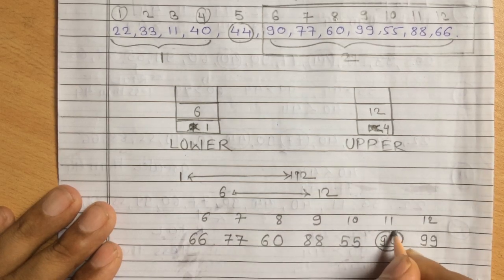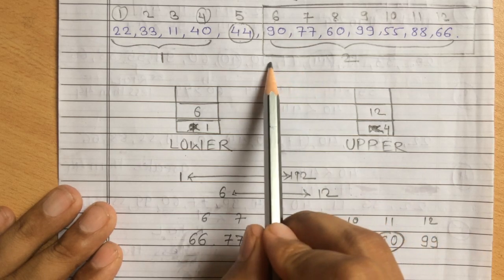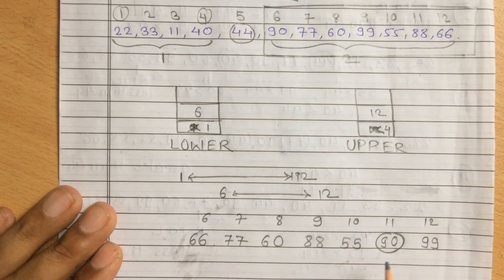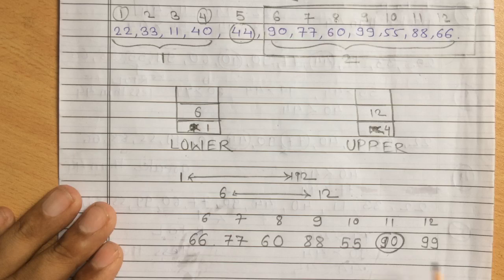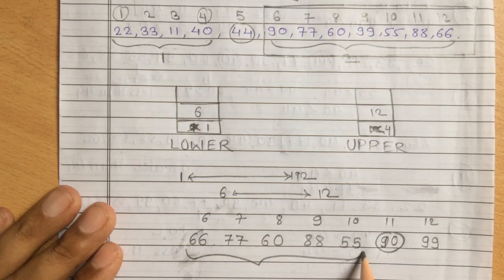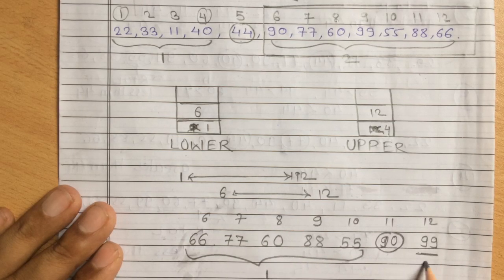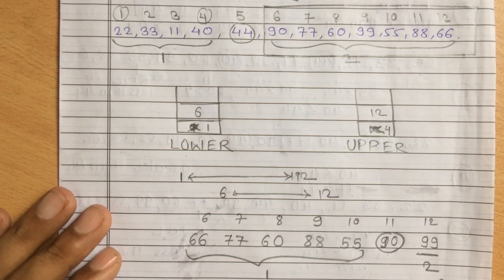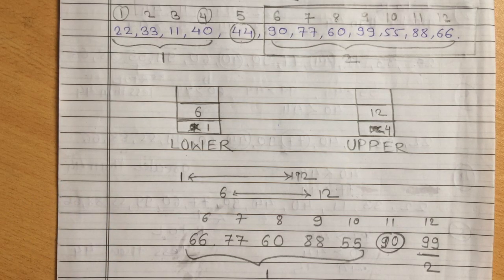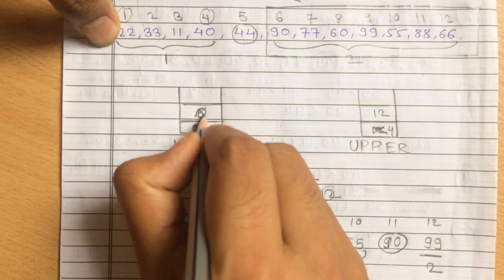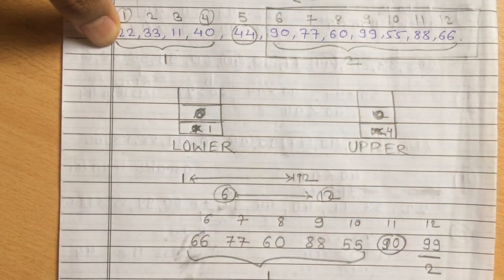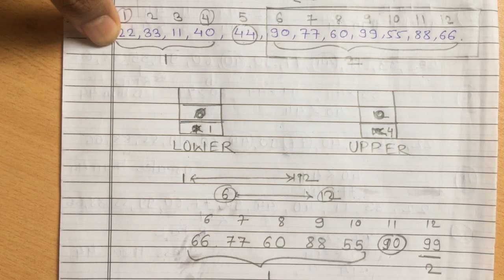So after execution of the reduction steps on this sublist 2, finally we get the position of 90. Then again we have the two sublists. This is sublist 1 and this is sublist 2. Right. So again what we have to do, we have to push the values on the stack. In the previous step, as we have removed 6 and 12, so 6 and 12 will not be available over here. Only 1 and 4 will be there.